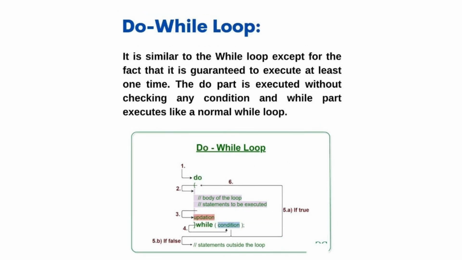Do while loop: it is similar to the while loop except for the fact that it is guaranteed to execute at least one time. The do part is executed without checking any condition, and the while part executes like a normal